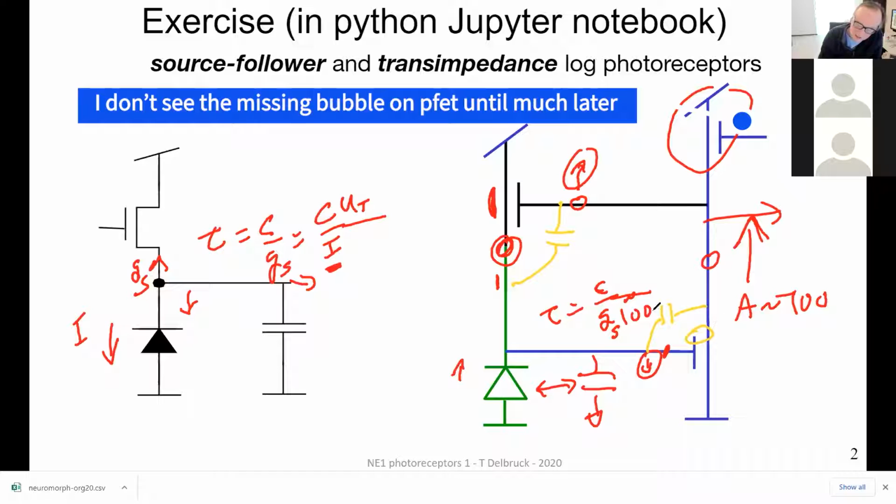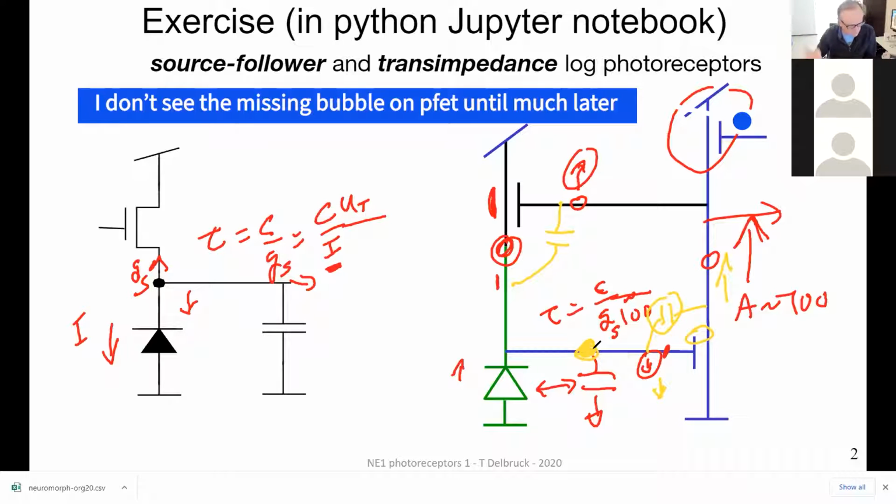Then it turns out that these little tiny parasitic capacitors are amplified also by the gain of the amplifier, right? Because now when I move the input node down 1 millivolt, say, you see the yellow arrow here, then the output node goes up 100 millivolts. And so this capacitance value is multiplied by a factor of 100 with respect to the input, which must charge it. So it makes those little tiny parasitic capacitors look much larger than they actually are because of the voltage